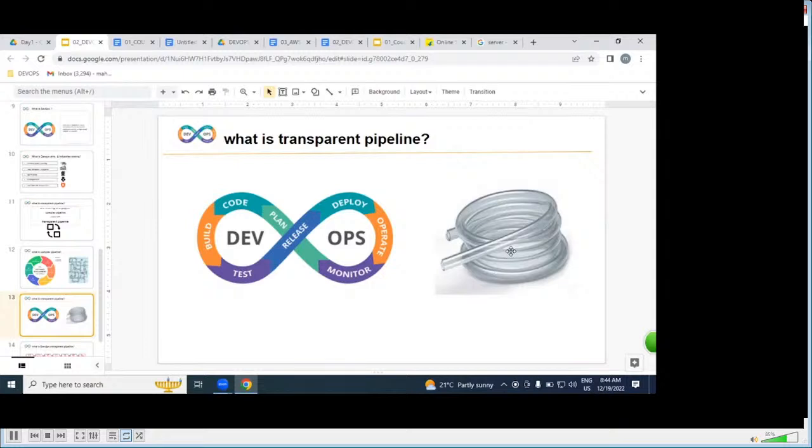Same usage, but transparent and automatic. Understood? If any issue or blockage occurs in the middle, you can see at one look where exactly the problem is and resolve it as soon as possible. The same way in the DevOps process.